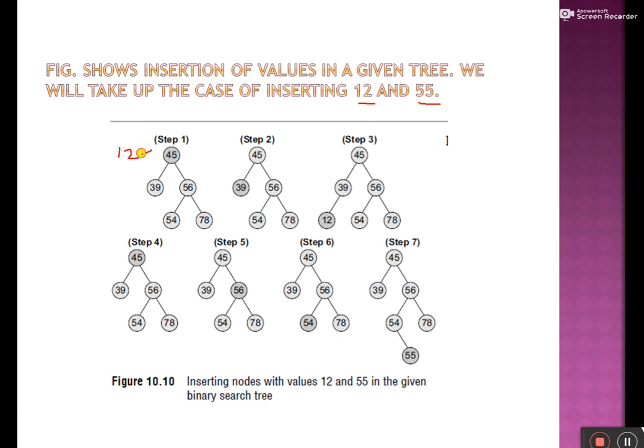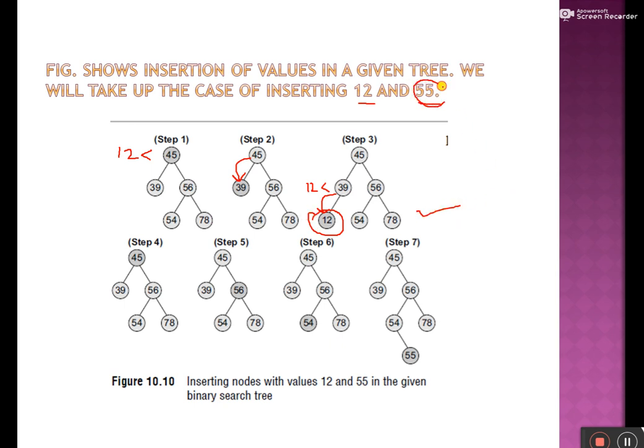Now 12 is less than 45, so we jump towards the left subtree and apply the insert function recursively to the left part. Now 12 is again less than 39, so we are going to insert 12 as a left child of 39. Now 12 is inserted successfully.